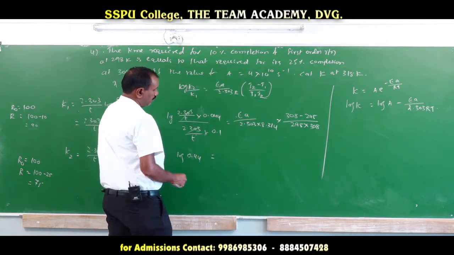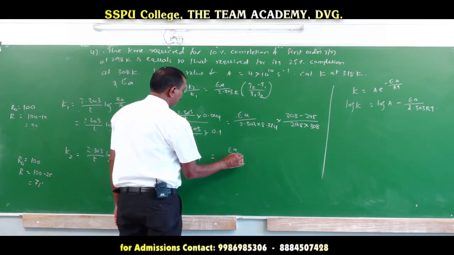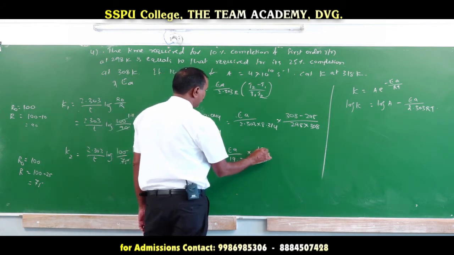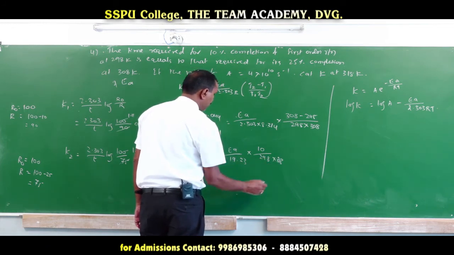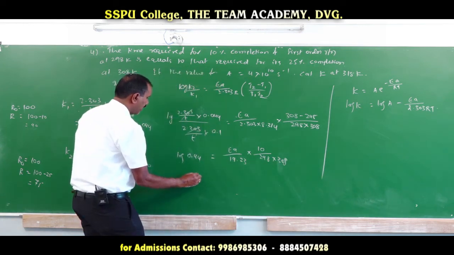This value is 0.44. EA by nearly 19.23 into 10 divided by 298 into 308, where EA becomes...